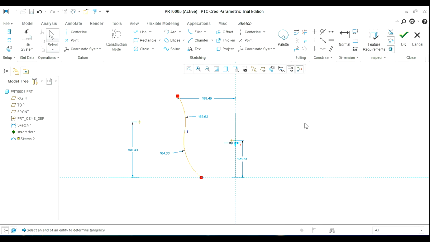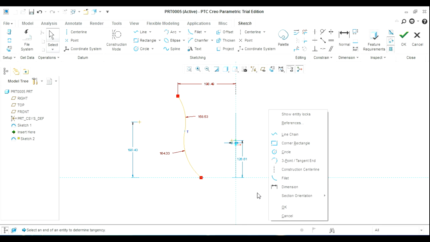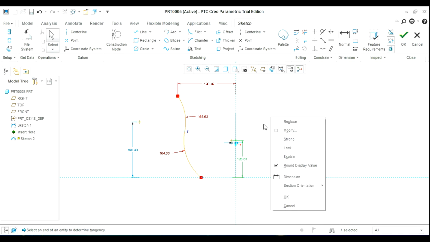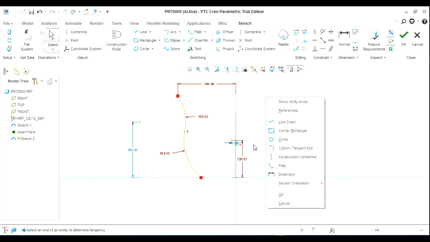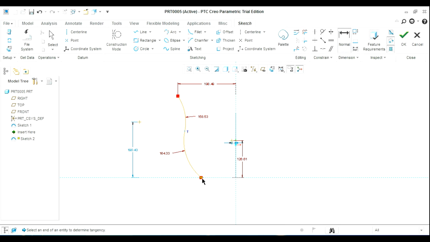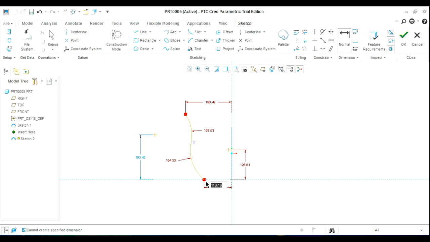Lock the existing dimensions and place the required dimensions using the dimension tool.